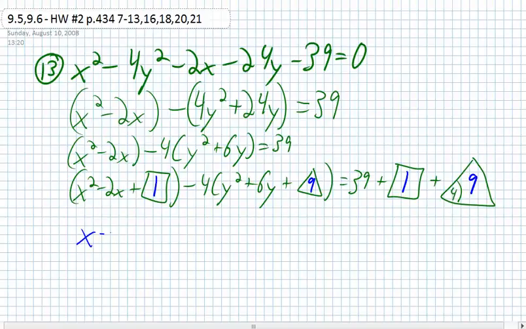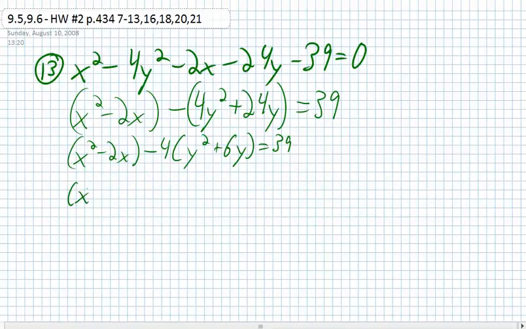So we end up with x minus 1 squared minus 4 times y plus 3 squared equals, this is going to be 39 plus 1 plus 36. So inside the box goes a 1 and 1. Then we have 9 in here. And this is,